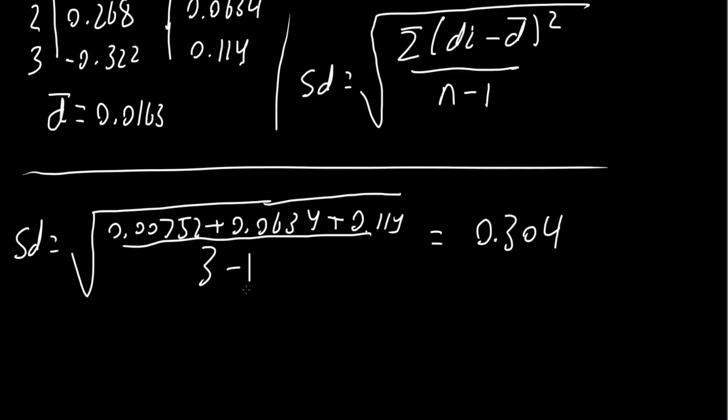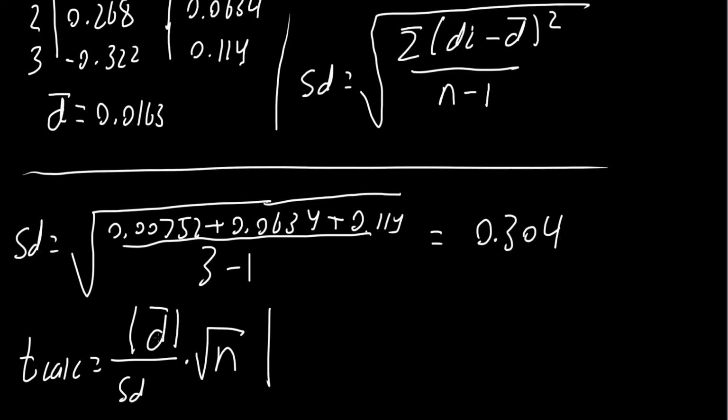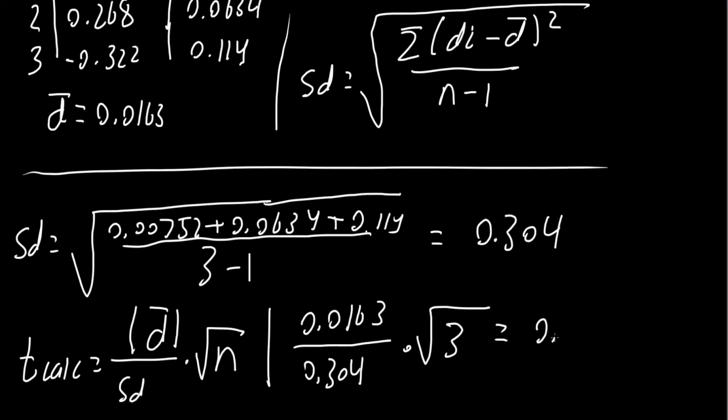And so we would get 0.304. Next, we will calculate T-calc. And there's another formula for this. It's the absolute value of D average divided by SD times the square root of n. So D average we said was 0.0163 divided by the standard deviation, which was 0.304 times the square root of n, which is 3, and we would get 0.0929. This is the value for T-calc, and in order to determine if these 2 methods are significantly different at